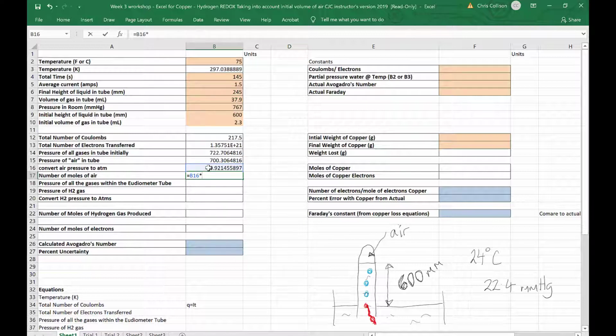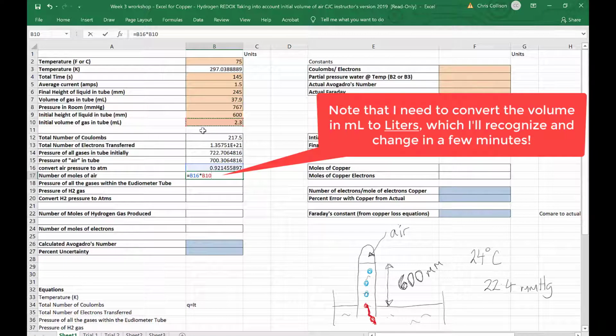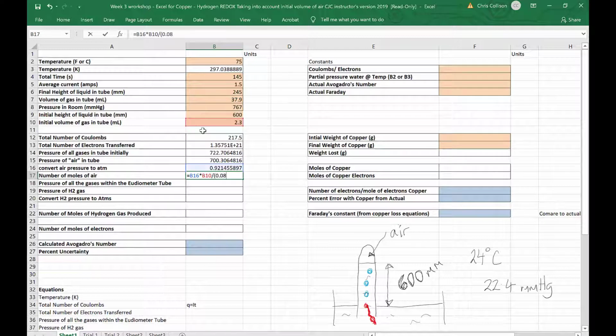We previously measured the volume, and it's up here in cell B10, and then that's going to be divided by the ideal gas constant, which we'll write down as 0.08206, multiplied by the temperature, which we have in Kelvin, in cell B3. So now we obtain the number of moles of air that were in the tube before we started passing current